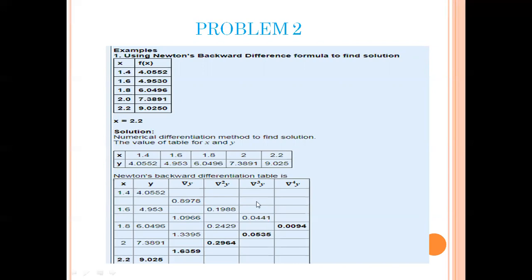First we will find the del y. Del y values have been calculated from y1 minus y0. That is 0.8978, 1.0966, 1.3395 and 1.6359. And the del square values have been calculated from del y1 minus del y0. That is 0.1988, 0.2429, 0.2964. And the del cube y values have been calculated from del square y1 minus del square y0. That is 0.0441 and 0.0535. And the del power 4 y value has been calculated from del cube y1 minus del cube y0. That is